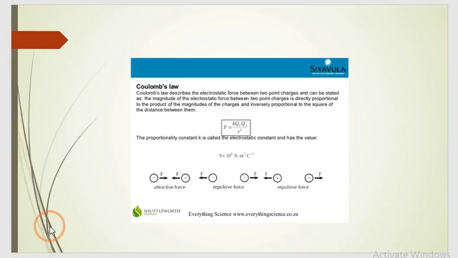where epsilon naught is the permittivity of the medium. Now, let's have a discussion on that part. What is dielectric constant, or what do you mean by permittivity? When we consider Coulomb's law, F will become 1 upon 4 pi epsilon, Q1 Q2 upon r square, where that epsilon is called the absolute permittivity of the medium.